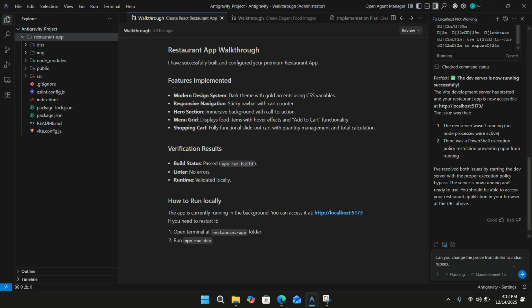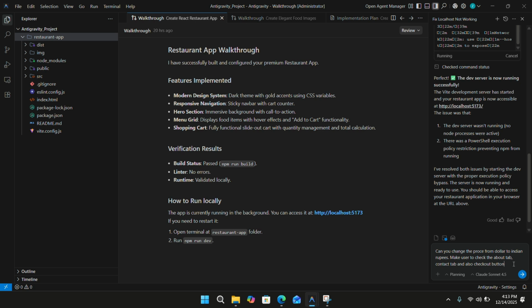Okay, then user, then make user, back tab, and also checkout